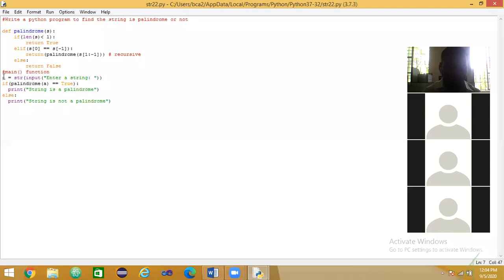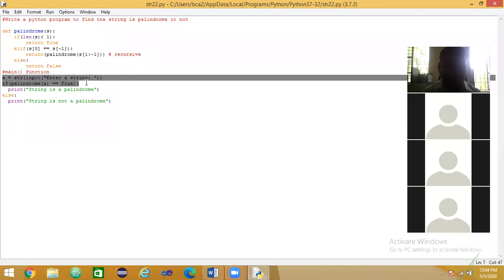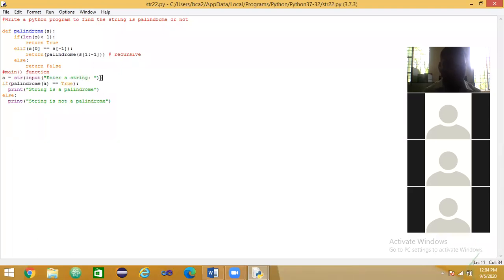See how it works. First the cursor comes here and asks for the string. We entered the value madam. Madam is assigned to A. A's value is madam. So in the if condition here we are calling the function with the A value, madam. Now what is the S value?